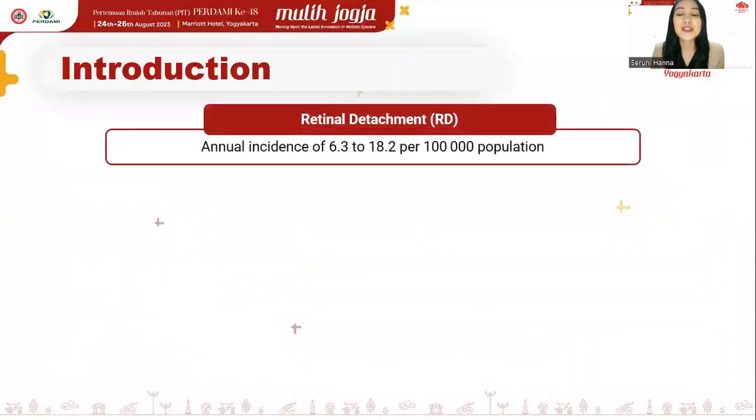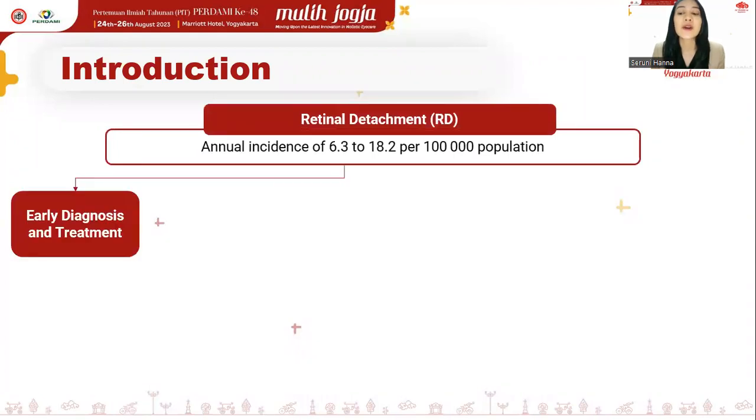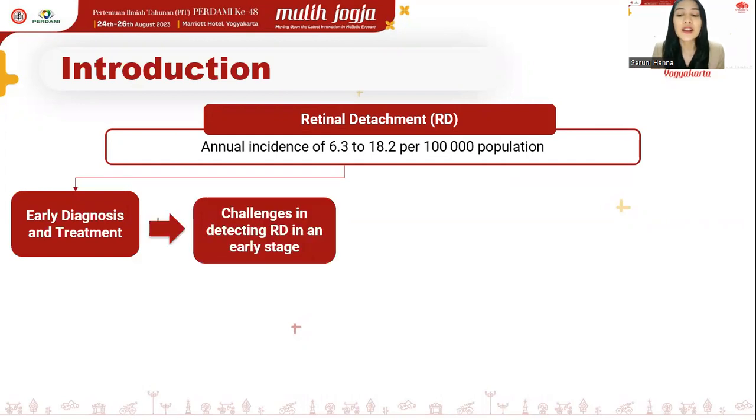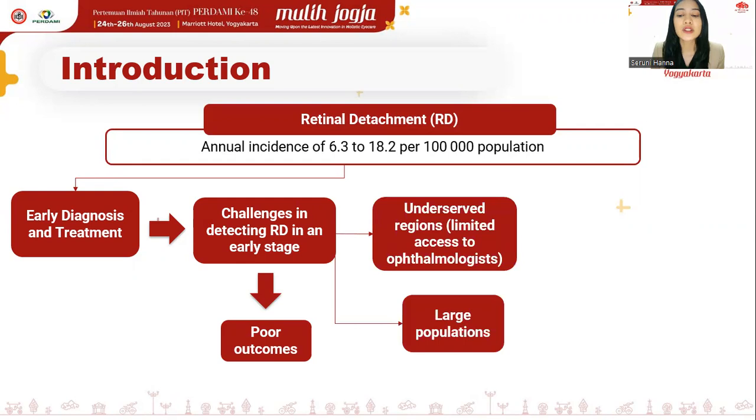Retinal detachment is a vision-threatening condition with a relatively high annual incidence. Early diagnosis and treatment of RD are crucial for anatomical and functional outcomes. However, detecting RD in an early stage could be challenging, as it often is asymptomatic and progresses gradually from the peripheral retina. As a result, most patients seek medical attention when the RD has already reached a more advanced stage, resulting in poor outcomes. RD screening possesses challenges, especially in underserved regions with limited access to ophthalmologists and in large